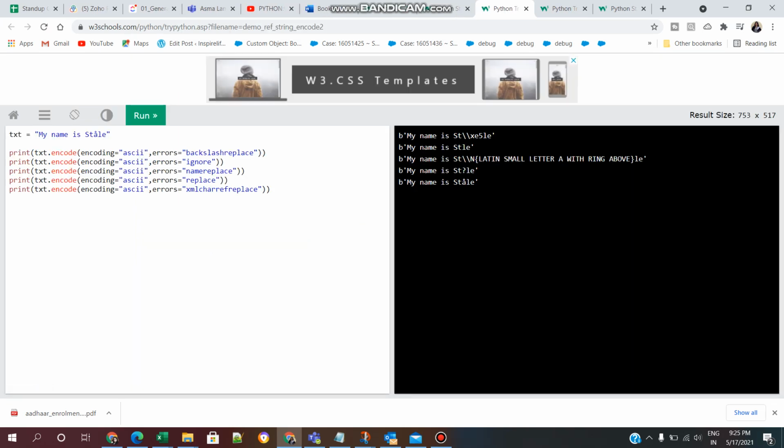So we will see this example practically. Click on run example. Now here the first txt.encode gives b'my name is'. Here we are encoding a value, and after that we are using errors ignore, so it is ignoring the special character. Then we are using namereplace, so we are replacing it with a different value.